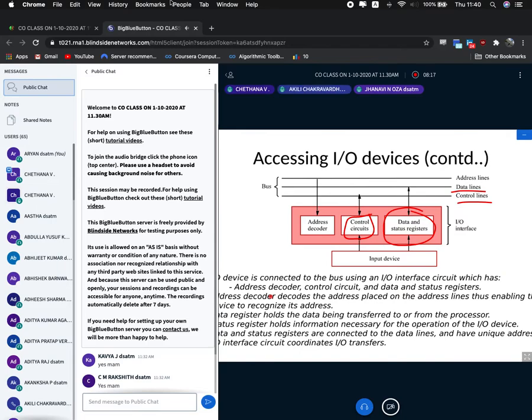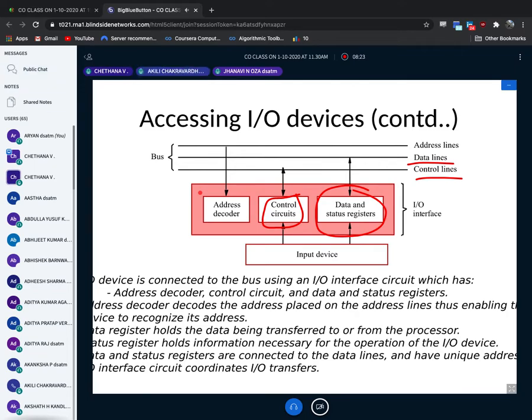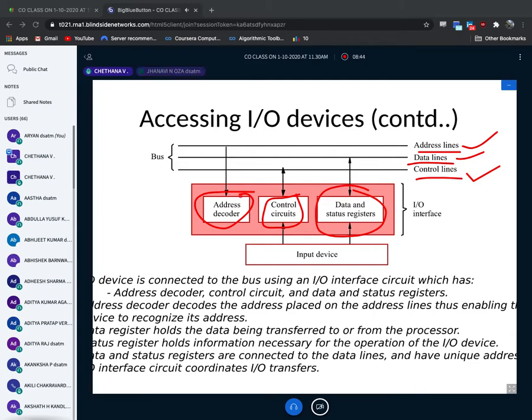Then you have one more line, that is the address line. Address line means to which location of memory I want to send the data. Suppose I'm writing some data, I want the address where I should write the data, right? So for that purpose we have one more line, the address line. That is about your address line, data line, and control line. So this is the address decoder. Address decoder means: what is the address, and where does that address exist? All such things are provided by the address decoder. I hope you are clear.